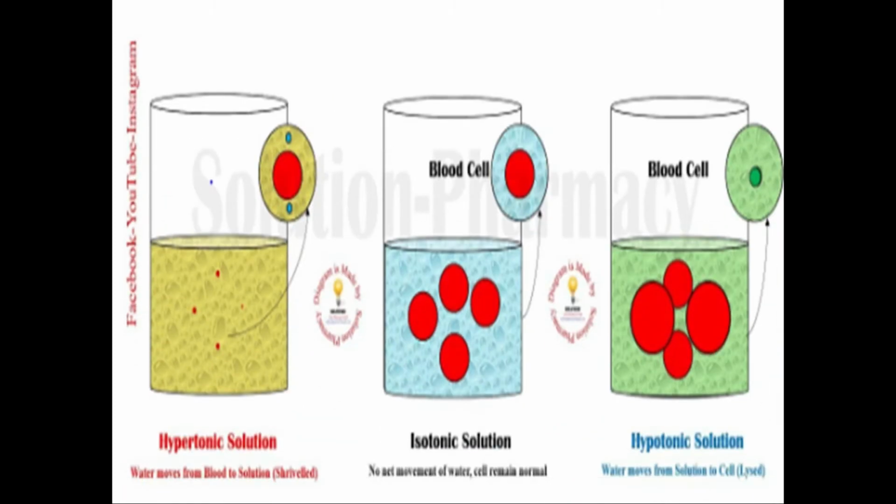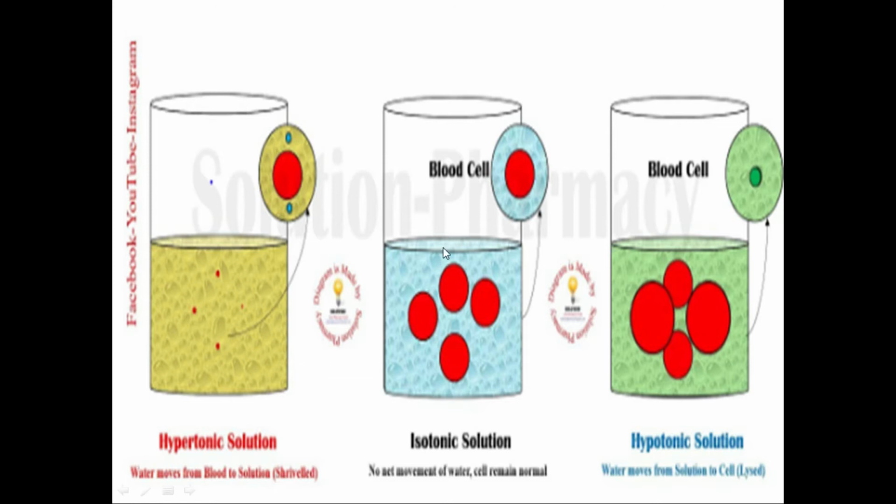This is a diagrammatic explanation of the hypotonic, hypertonic and isotonic environments. In a hypotonic environment, as seen in this diagram, when red blood cells are placed in an environment with less solute contents and more water contents, they swell up and their surface area increases. In a hypertonic environment, there is more water inside of a cell as compared to solute molecules, so the water moves outside of the cell and the cell shrinks, as shown in this diagram.